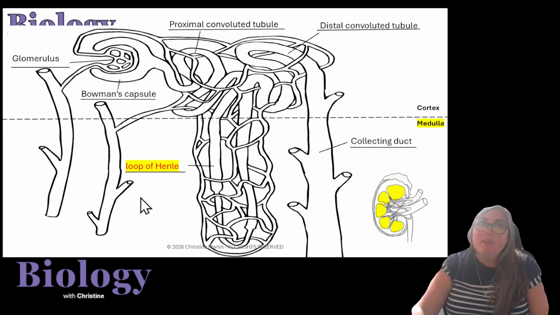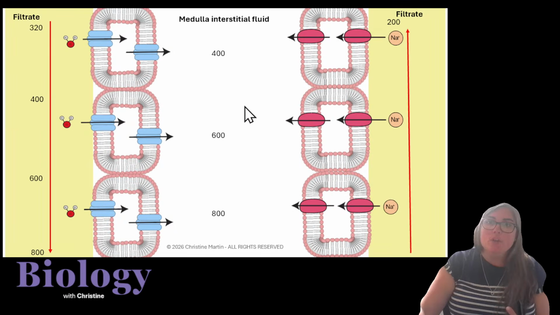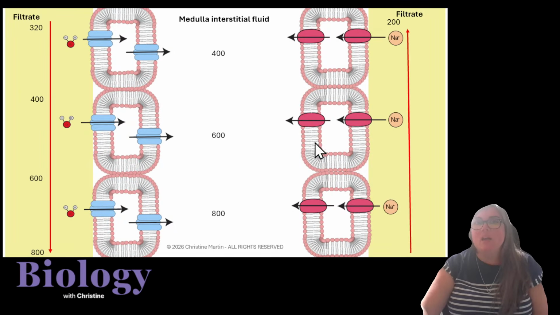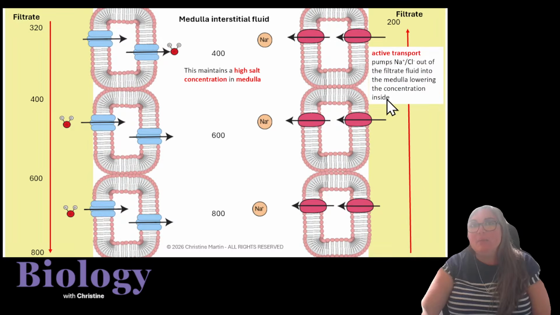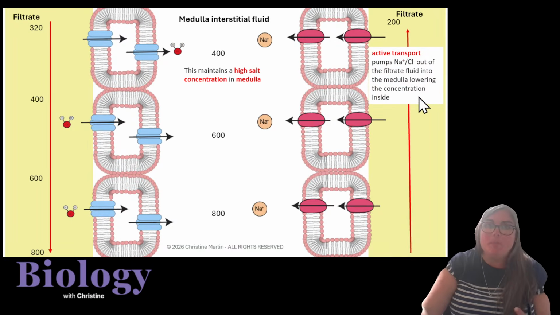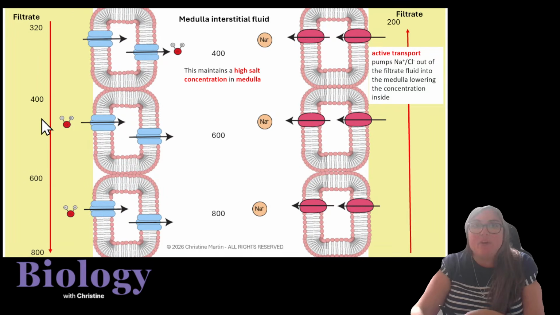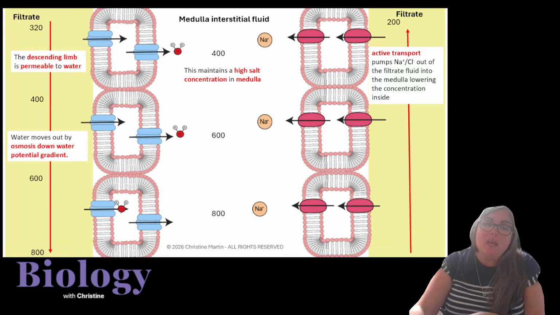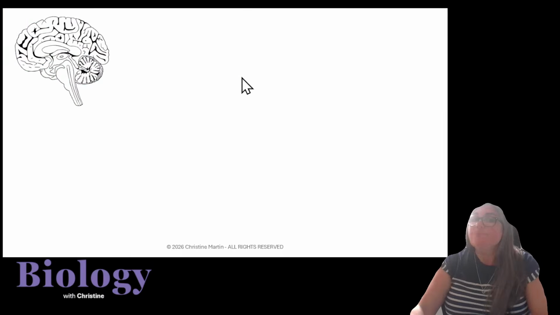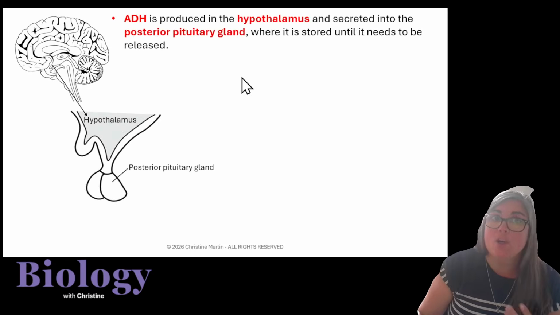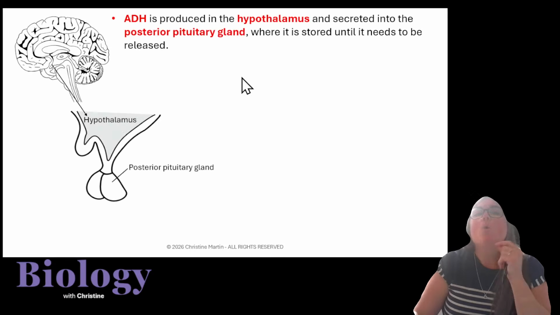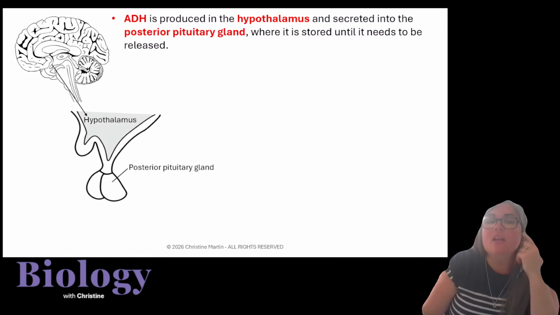When we look at the loop of Henle, they could go on the loop of Henle and talk about the fact that our ascending limb is the place where we're going to actively pump our sodium chlorides out. We've got our descending limb where we're going to have our water being able to move because of that permeability. And therefore, if we are looking at osmoregulation, we need to then bring in our